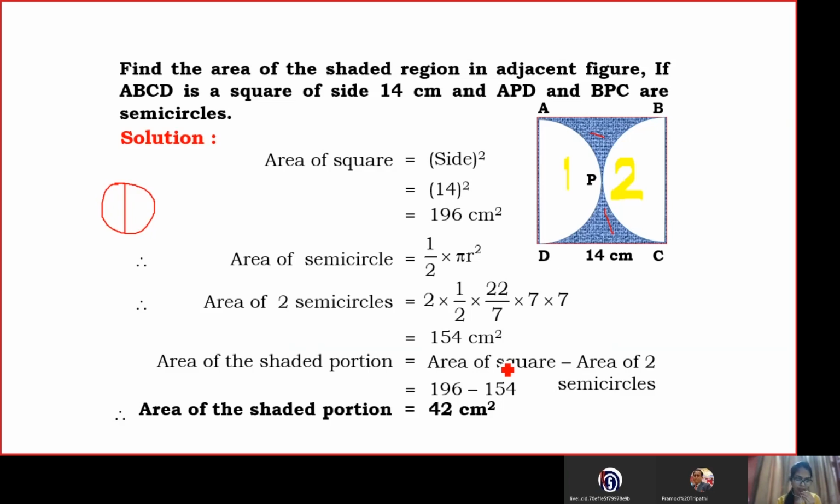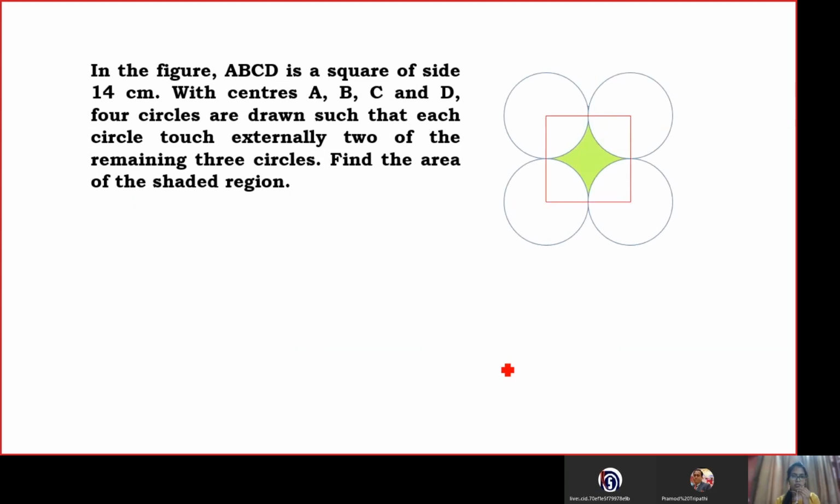Moving on, another question. ABCD is a square of side 14 centimeters, and with centers A, B, C and D, 4 circles have been drawn that touch each other externally. We need to find out the area of this shaded region. So how are we going to do this? Now, children, as you can see, again,